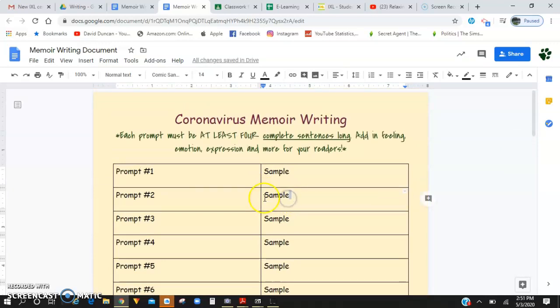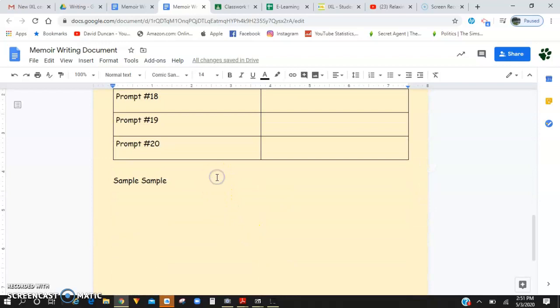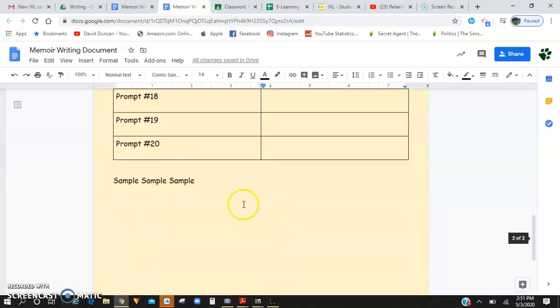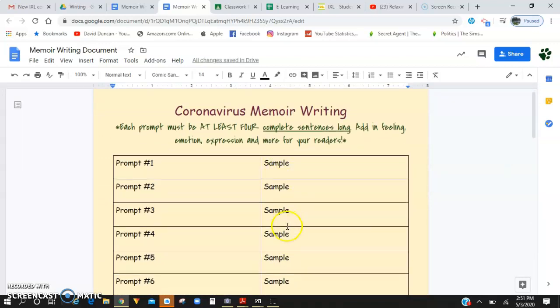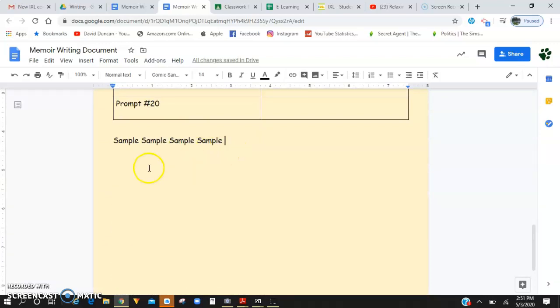So you're going to copy all of it, bring it down here, Control-V, paste it, go up top to the third one, copy it, Control-C, bring it down, Control-V, paste it. You're going to do that until all of your writing is out of these boxes. I need all of your writing to be in the bottom of this document, and I do not want it in these little boxes because we need to start formatting it into paragraphs, okay?